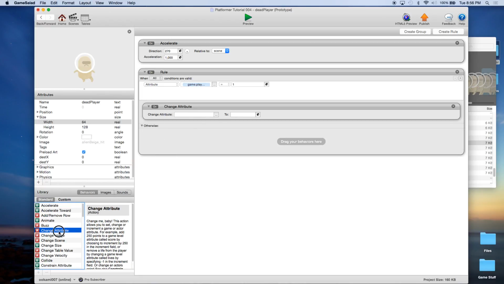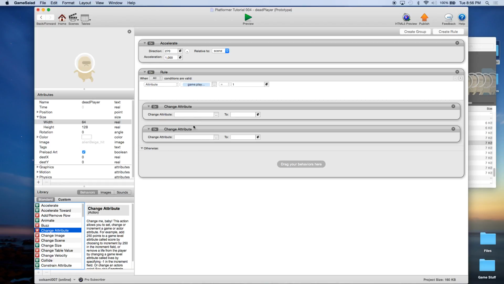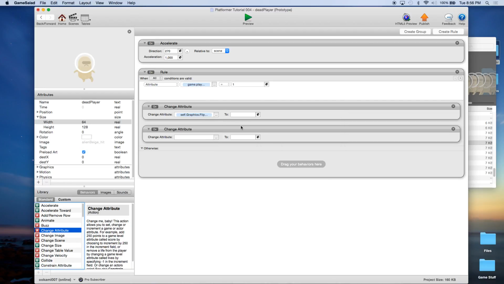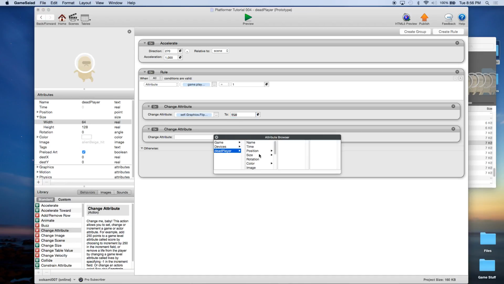We're actually going to change 2 attributes. The first attribute: if it's left, this guy needs to be reversed, so we're going to go dead player, graphics, flip horizontally, true. The second one we're going to set is dead player,